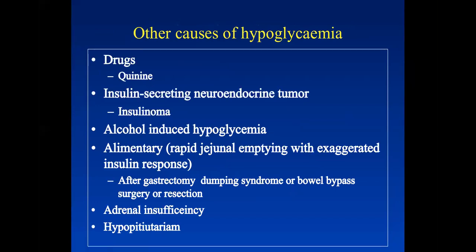So in anybody, these are the causes that can cause hypoglycemia, not only a diabetic patient. There are so many causes of hypoglycemia not related to diabetes. So even in diabetic patients, you have to remember that these also could be a cause for hypoglycemia. You have to know these things: some drugs, some insulin secreting tumors, alcohol, some gastric problems, adrenal insufficiency, hormonal problems can lead to hypoglycemia. So if you can't find a cause for hypoglycemia related to diabetes, you always have to think of other causes